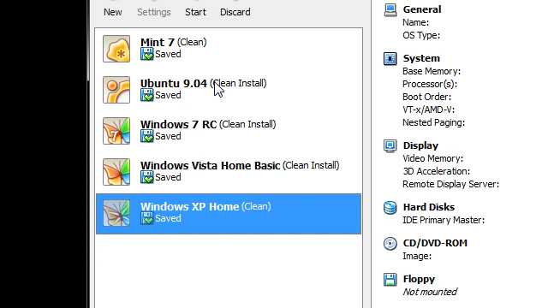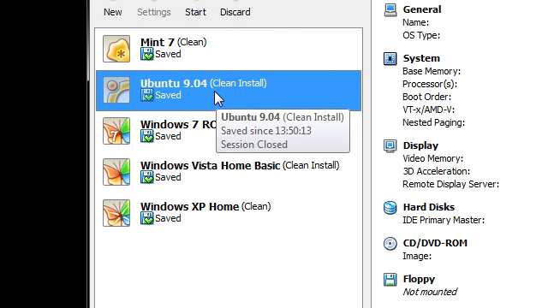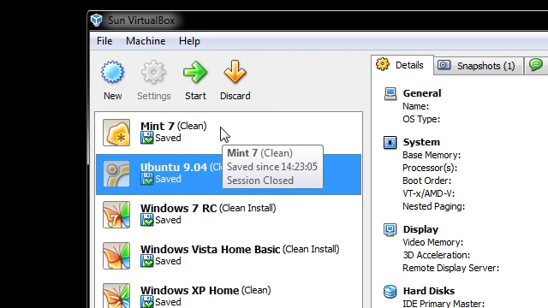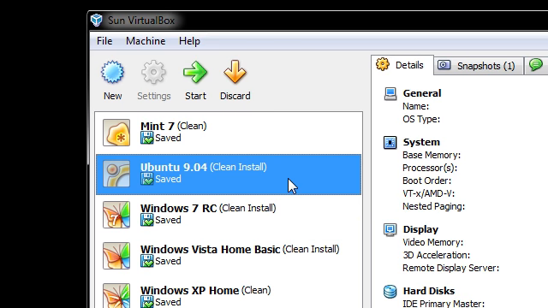However, you can also use it to experiment with operating systems you don't want to install on your system. So for example, a lot of people want to try out Ubuntu, but they don't want to burn a disk, they want to restart their computer, they don't want to mess around with all of that. All you have to do is just install it inside VirtualBox, and you can use it inside a box. But this is fairly easy to do. All you have to do is download the Ubuntu CD image and then run through some settings, and then spend about 45 minutes of your life installing Ubuntu inside a virtual machine, and then installing the extra additions from VirtualBox